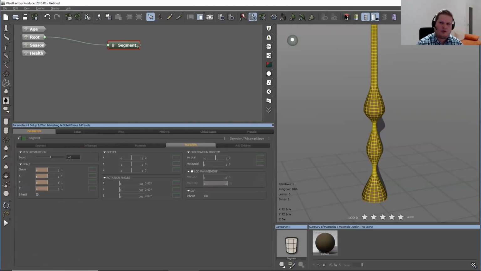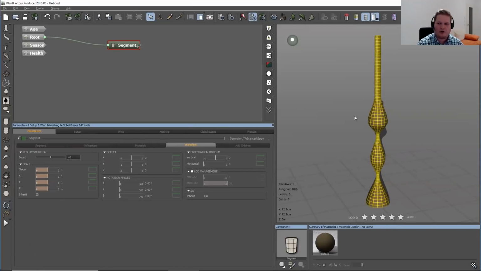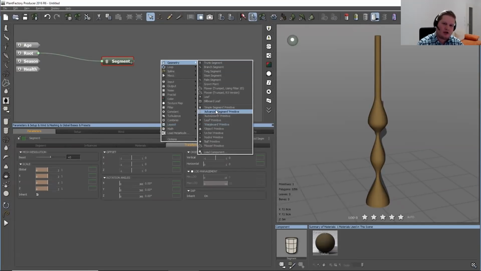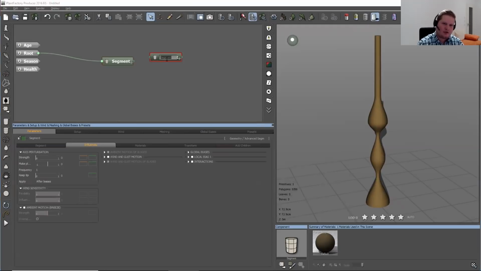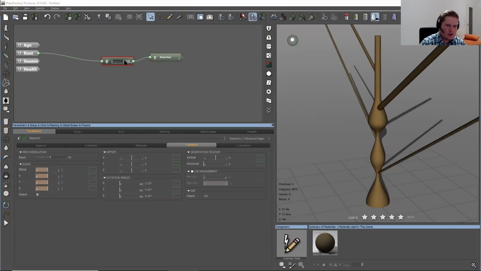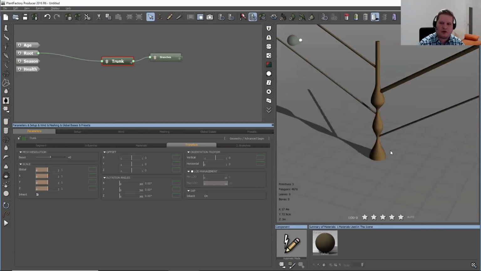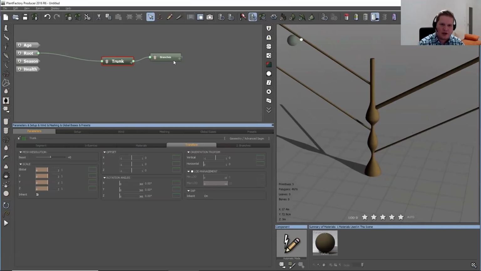Okay, so now let's assume that we're satisfied with our great looking trunk, and it's time to add some branches to our tree. So let's add another segment. This time I'm going to do a right click and add another cylinder. Let's call this branches, and let's connect this to our trunk. And I'll rename this to trunk. And you can see immediately that we now have several copies, or instances, as they are called, that are growing